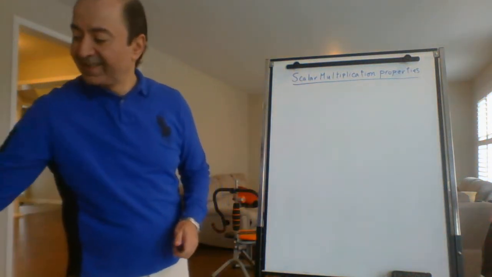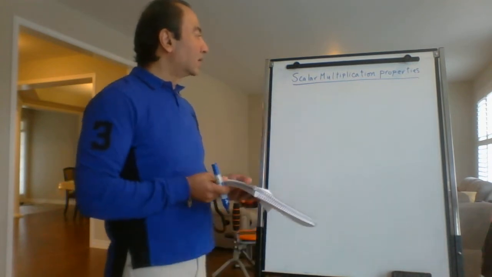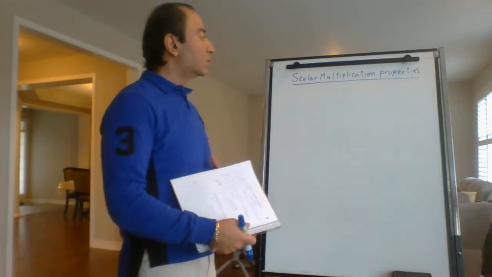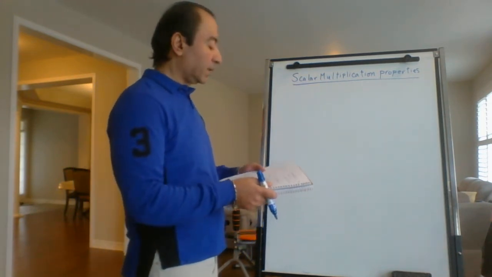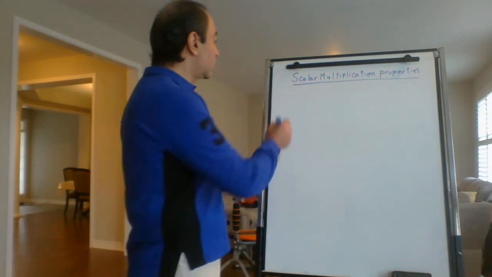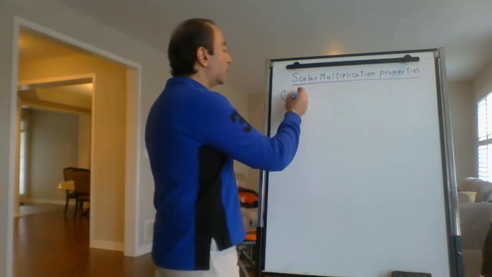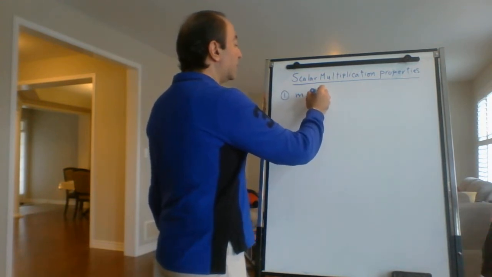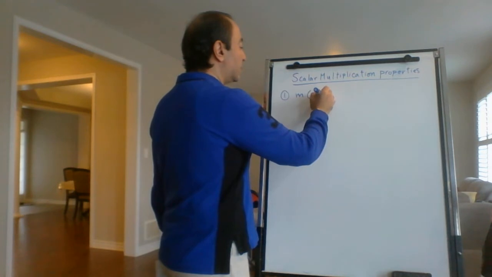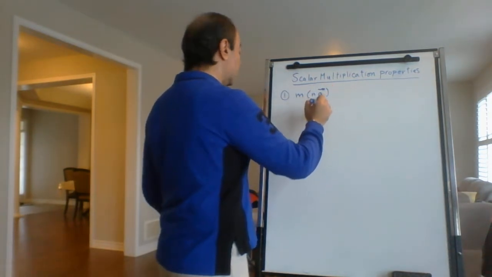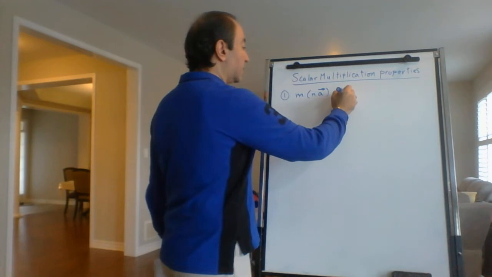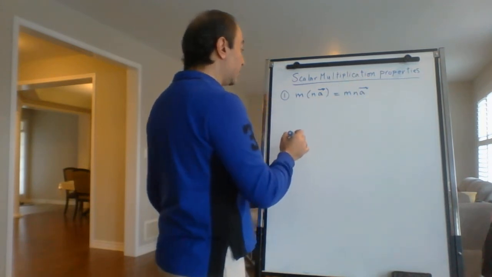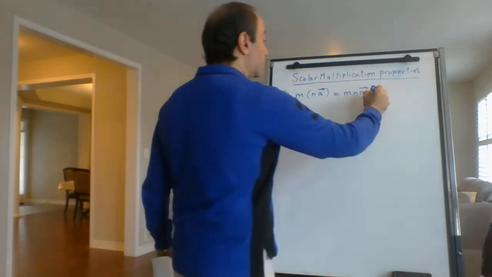Hello again. We did the properties of vector addition. Now we are going to do scalar multiplication properties. There are two properties. The first one: if I have a scalar m multiplied by scalar n times vector a, this is the same thing as multiplying the two scalars first, then multiplying the result with vector a, and this is called the associative